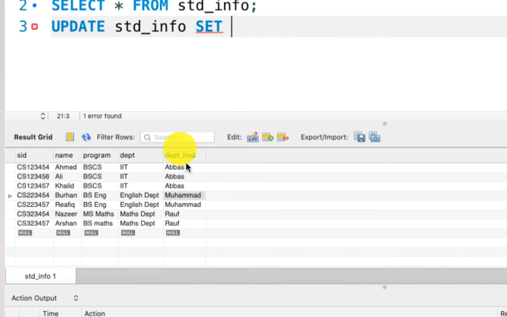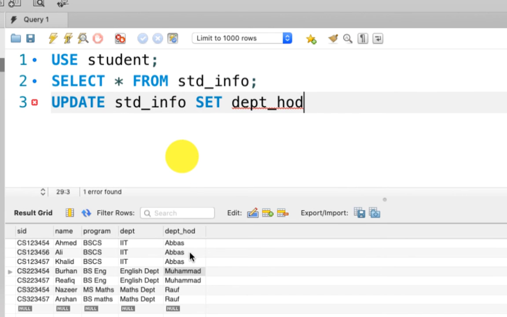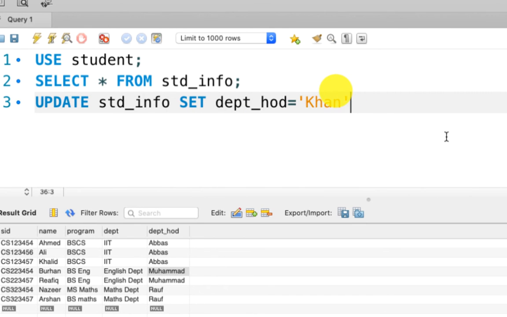So here I must type department HOD, and I'm going to give a new value to this tuple under department HOD. Let's say I'm changing it to Han, and after that I must give the where clause,